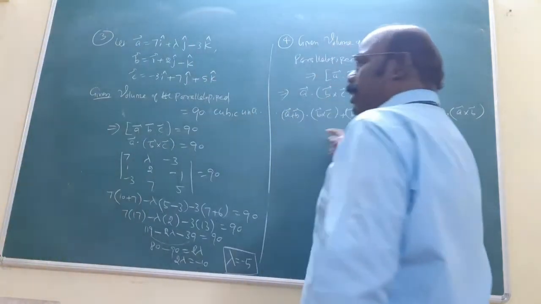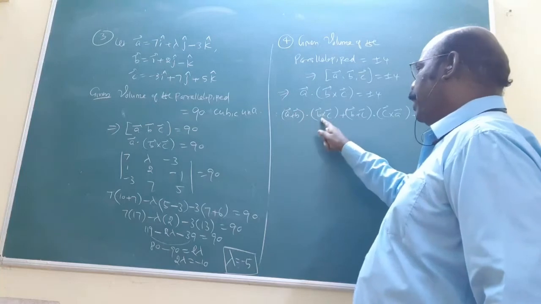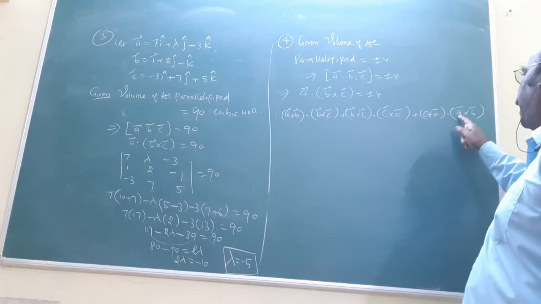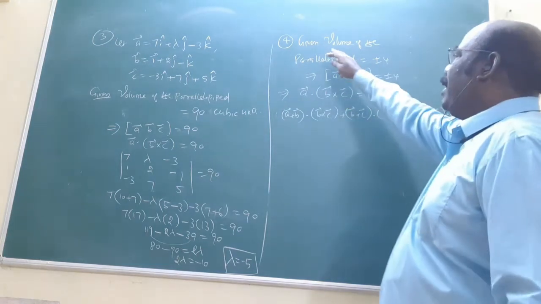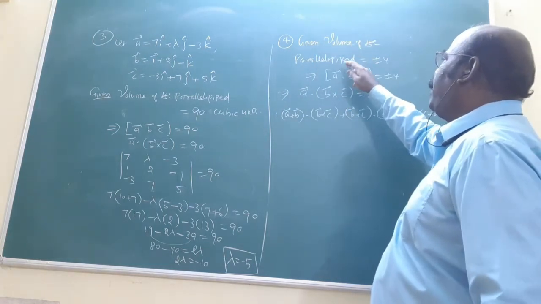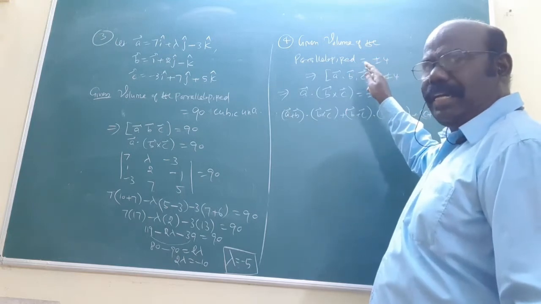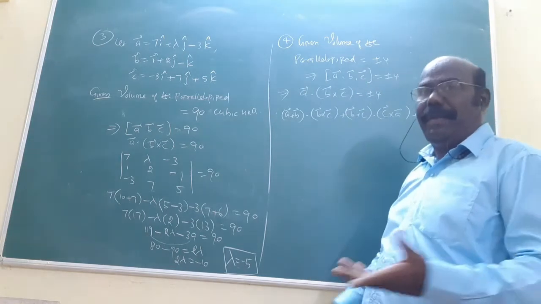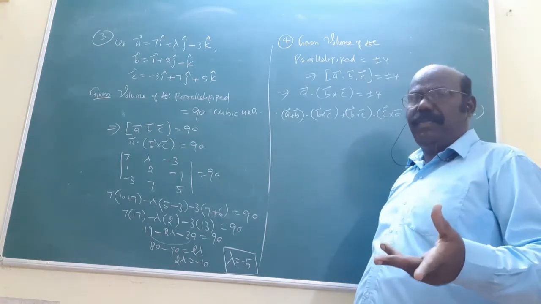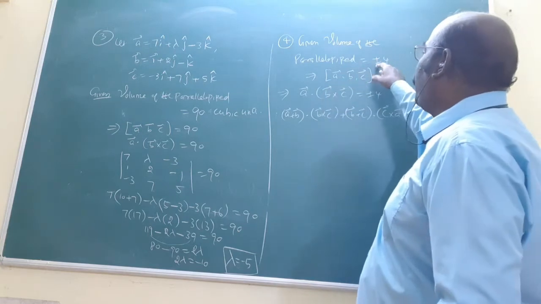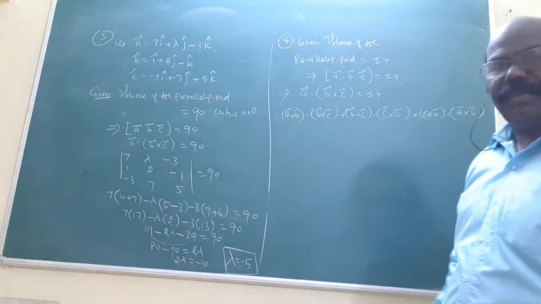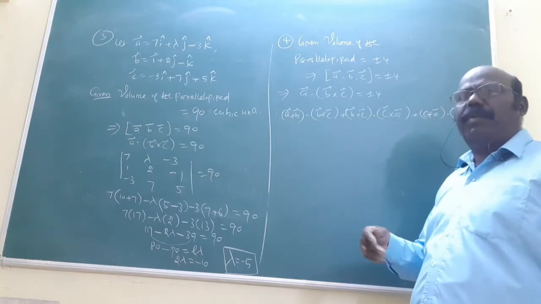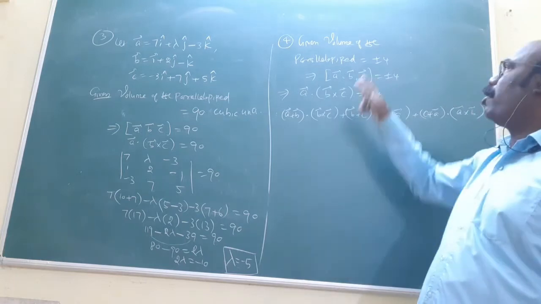Now the fourth question. What is given now? This is the question clearly: A plus B dot B cross C, plus B plus C dot C cross A, plus C plus A dot A cross B is asked. But what is given? The volume of the parallelepiped is 4. You will find the volume of the parallelepiped. Sometimes a negative value will come, sometimes a positive value. That's why you assume plus or minus 4. Actually, negative is not possible for a volume, but in the parallelepiped calculation a negative or positive answer can come. That's it, plus or minus 4.